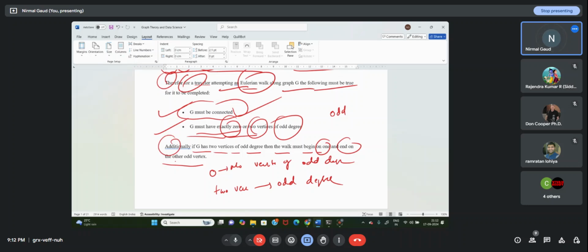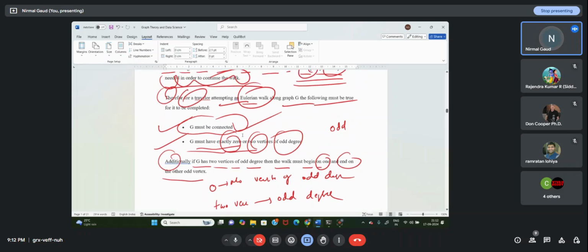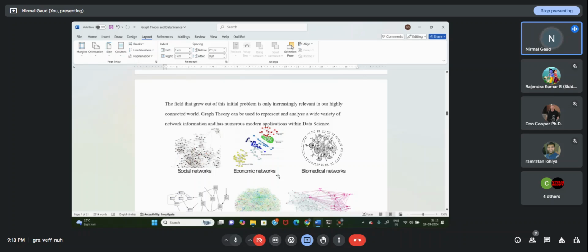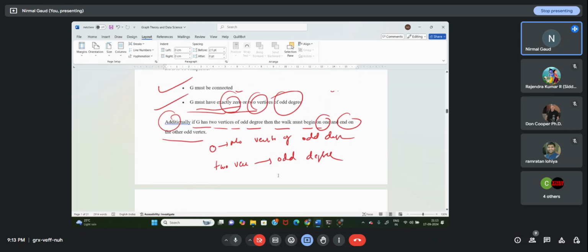Okay, and also we should start from one odd vertex and end at the other, only odd. That's what Euler suggested. That's Euler's rule. Then only can we have a Eulerian walk. Okay, fine. So it is a very important concept. And if we check this,